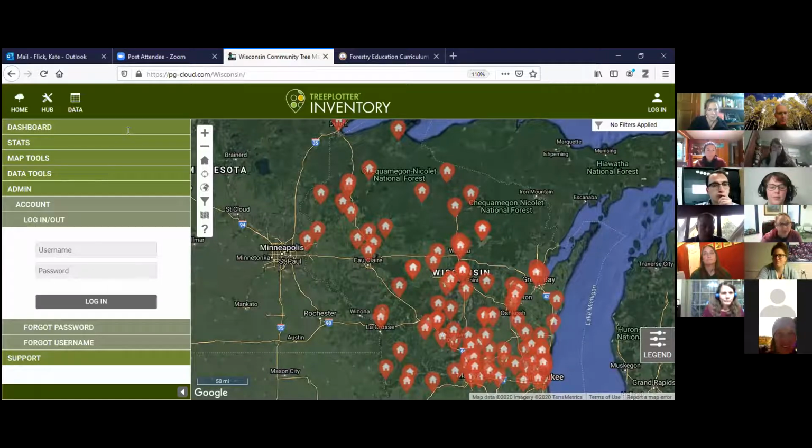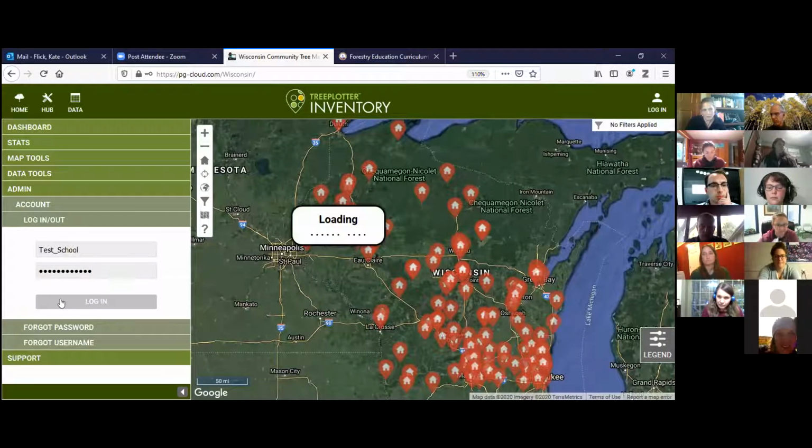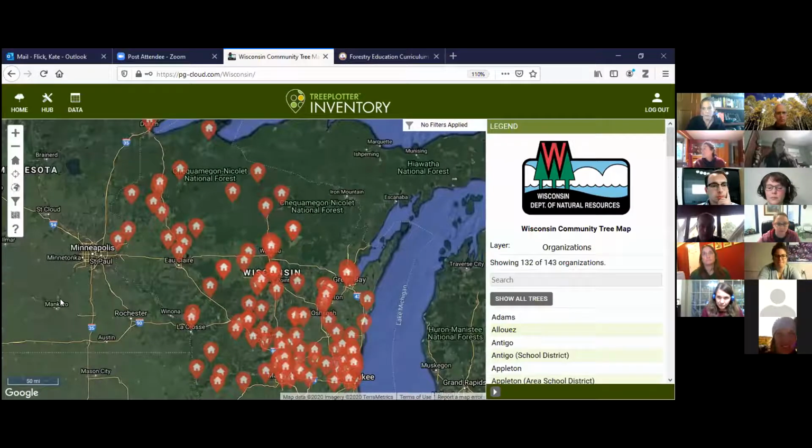The login is test-school, with a capital T and a hyphen between test and school. And then the password is Tamarack2018. So that's just how you log in. It's pretty simple.